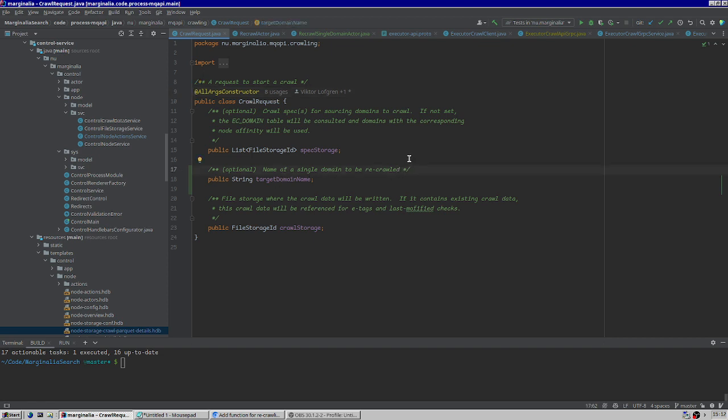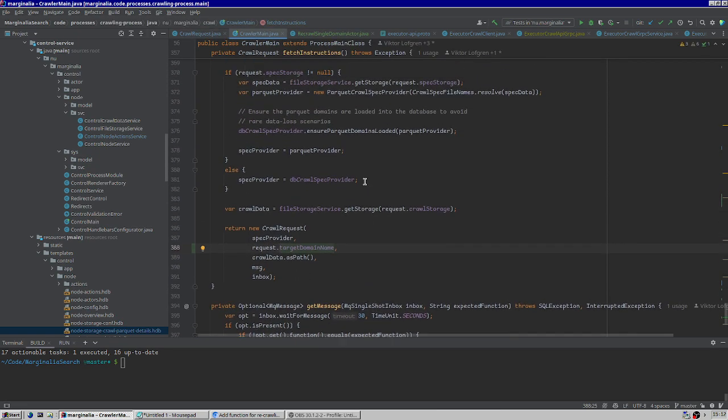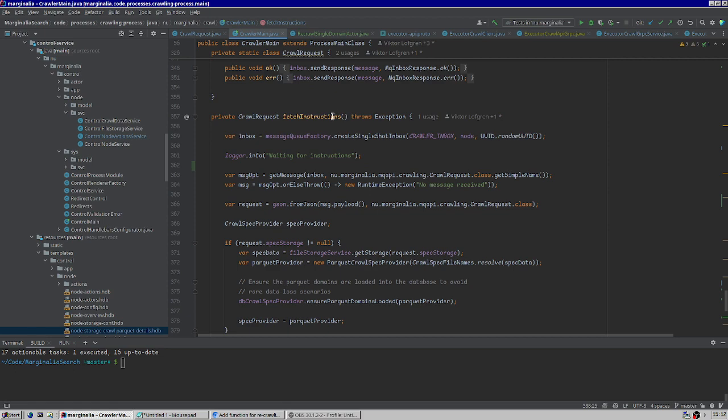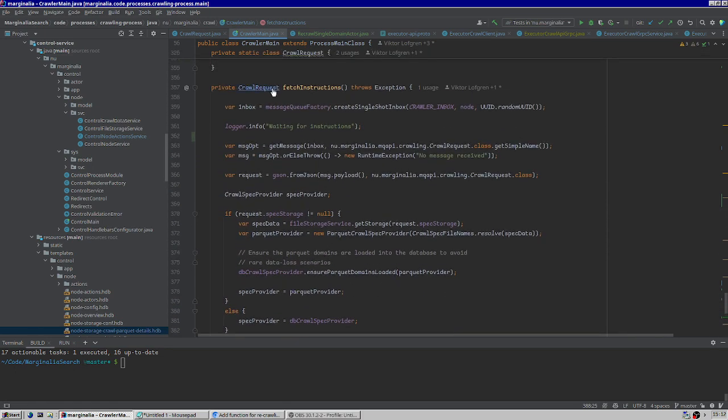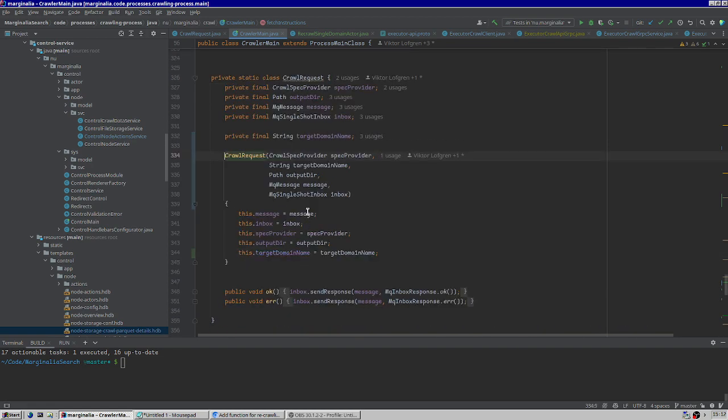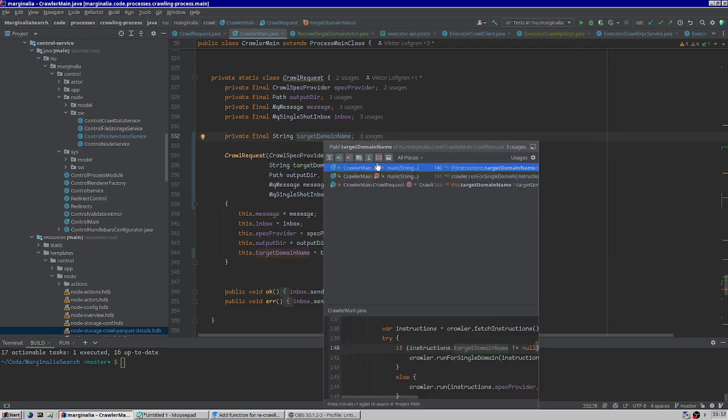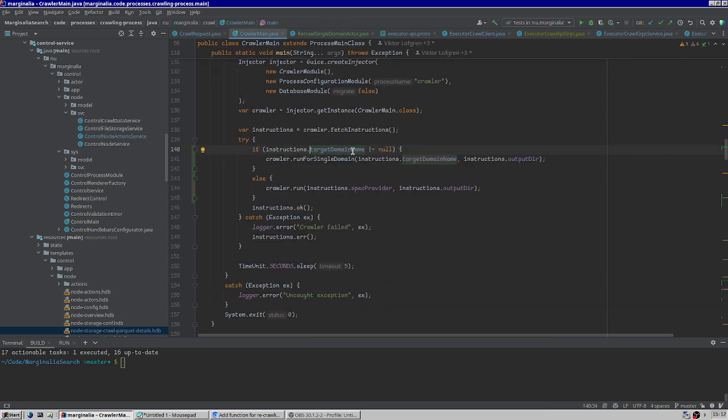And this is fed into the crawler's request class in this new field. And when the crawler finds this field, it will not run the standard crawl operation. It will run the crawl for a single domain method,